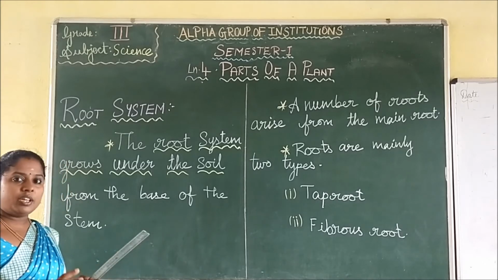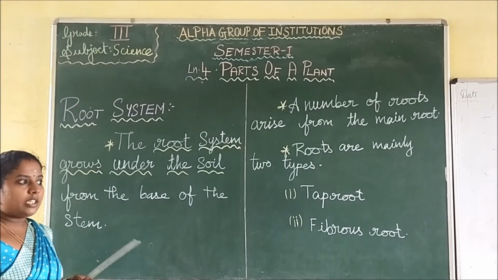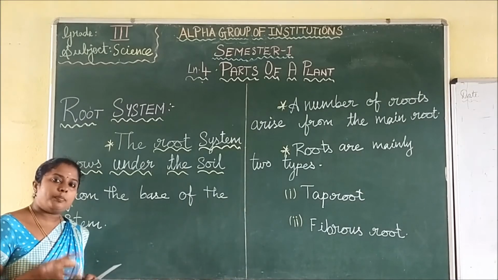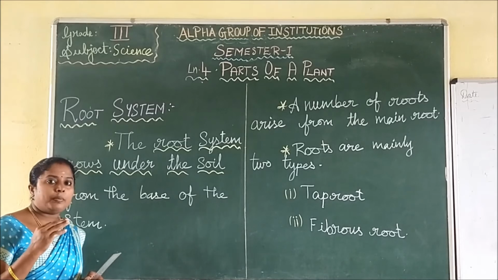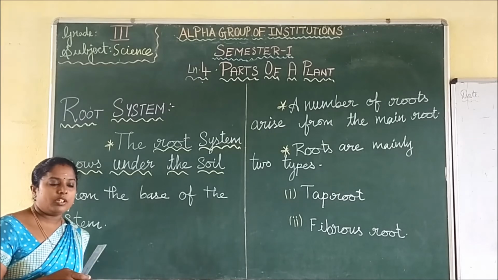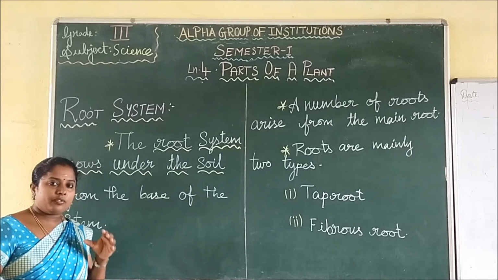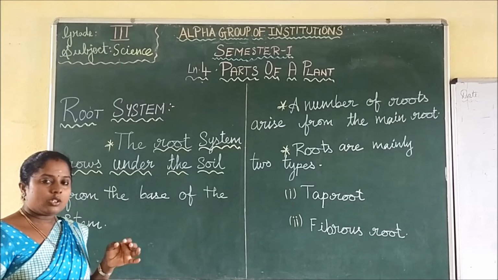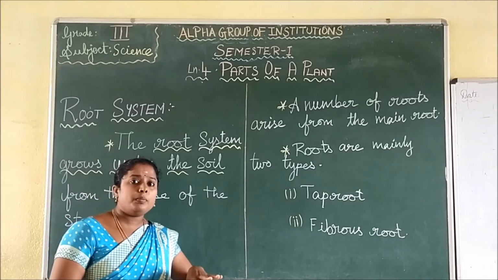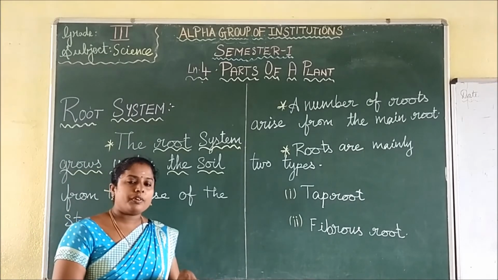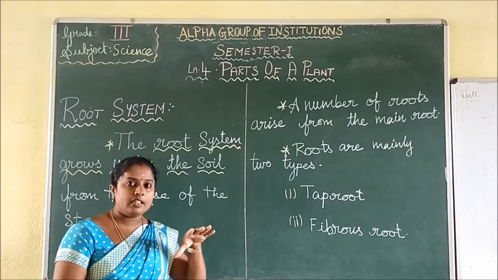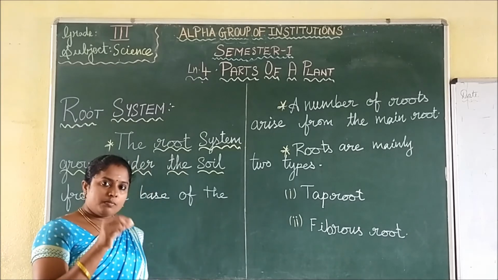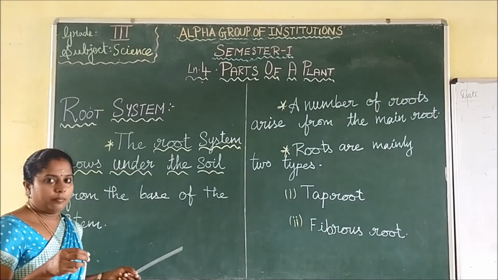The root is the main part of the plant, and it is what makes the plant stand straight, upright above the ground. If the root is not strong, if it doesn't set firmly in the soil, the plant can't stand. The roots grip the soil very firmly, and that helps the plant stand straight. And it comes from the base of the stem, right?